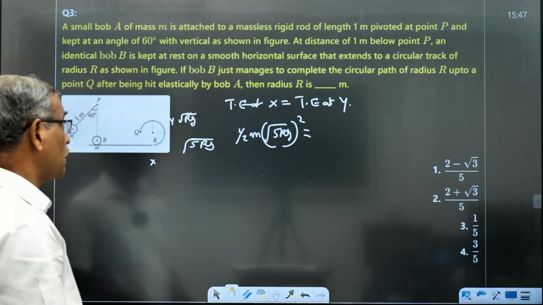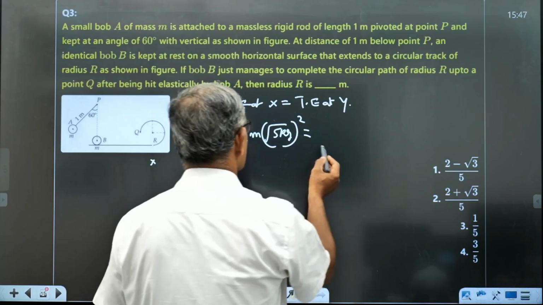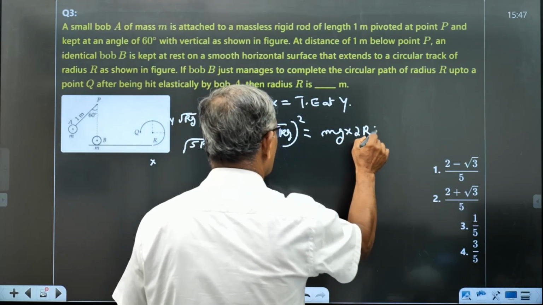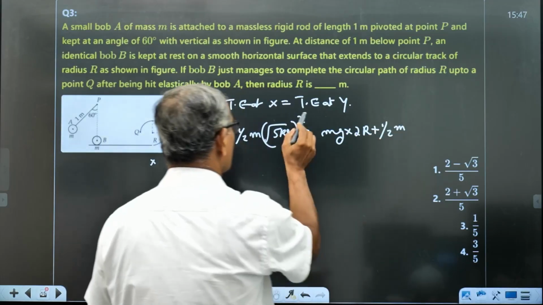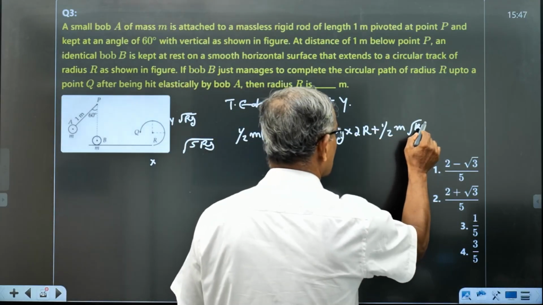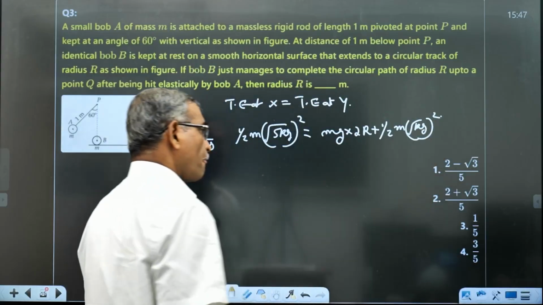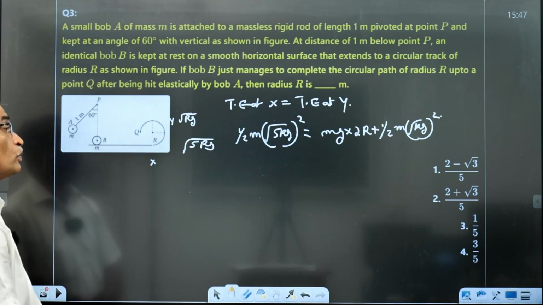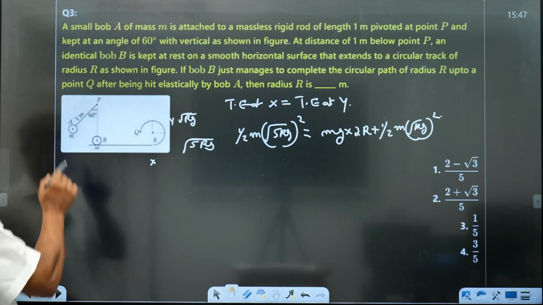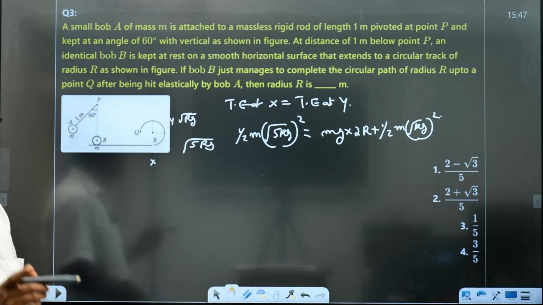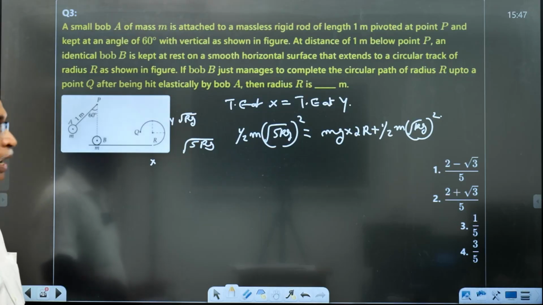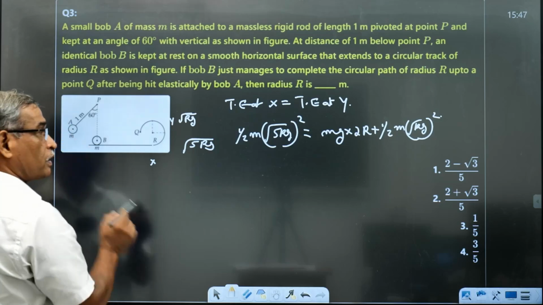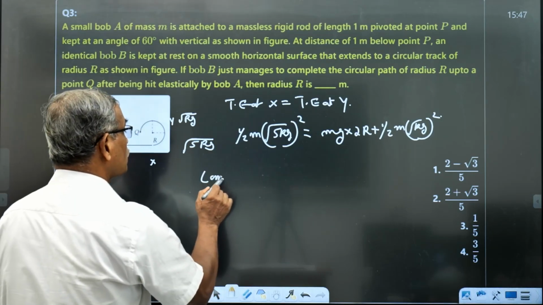Total energy at y means potential energy. Potential energy is equal to mg into 2r plus half m root of Rg squared. But from where has this body got this half m root of 5Rg whole square kinetic energy? From the loss in potential energy of A on hitting B. So this is the same as the loss in potential energy